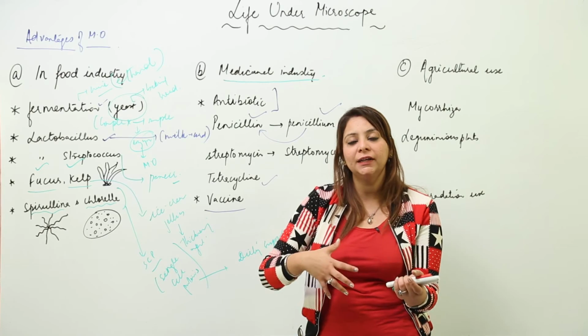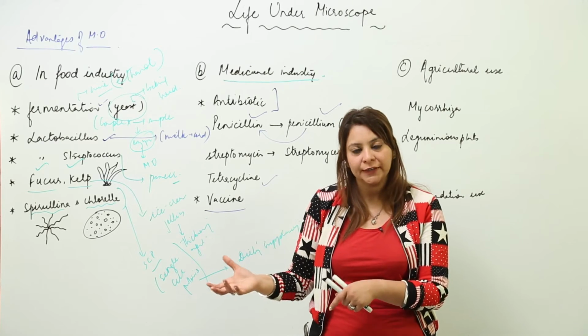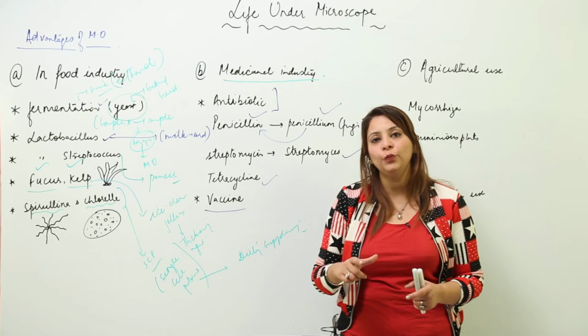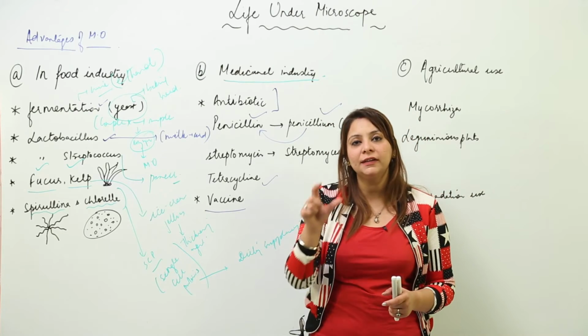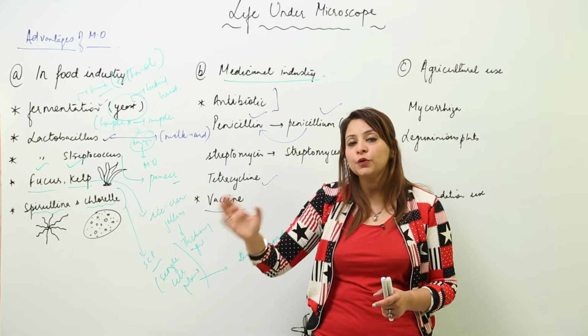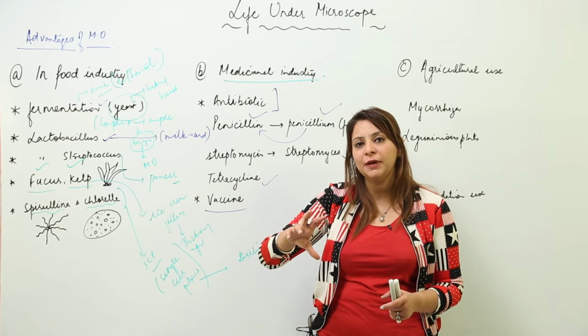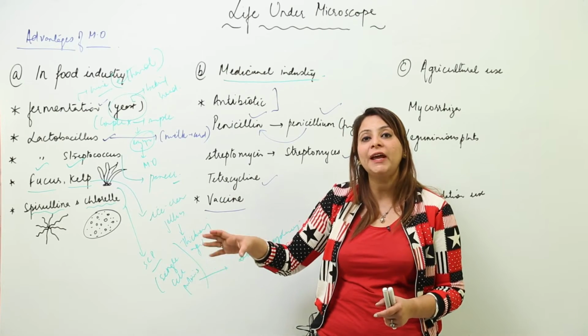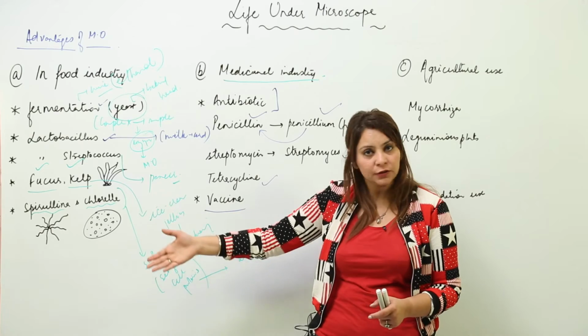How? By vaccination, right? So what we are doing in vaccination is introducing either the dead or the weakened microorganism into the child's body. When we introduce the dead or weakened microorganism into a child's body, it leads to the production of antibodies in the body of the newly born child.